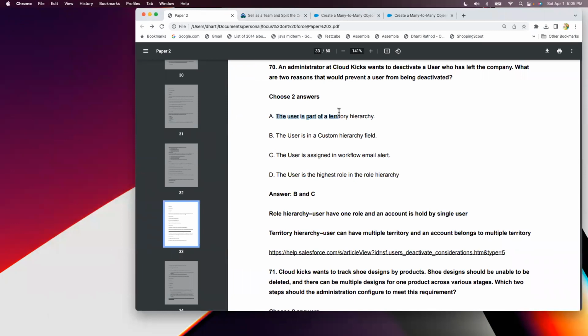A user is a part of the territory hierarchy. A user is in a custom hierarchy field. A user is assigned in a workflow email alert, and a user is in the highest role in the role hierarchy. So the answer is that when the user is in a custom hierarchy field,